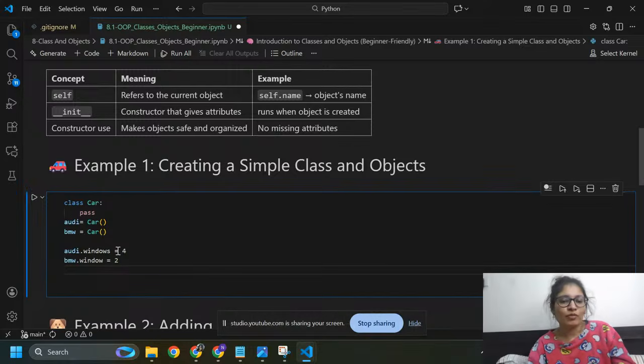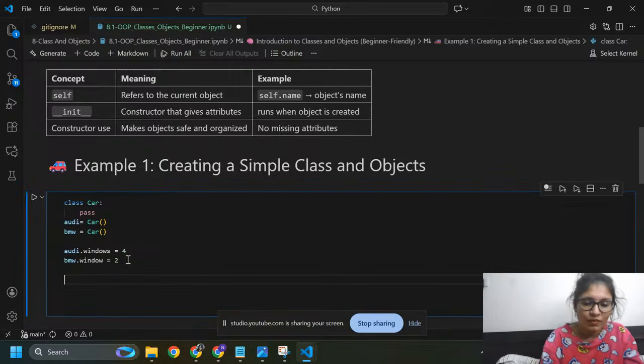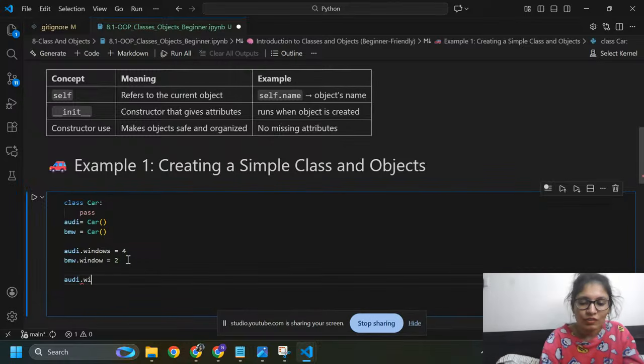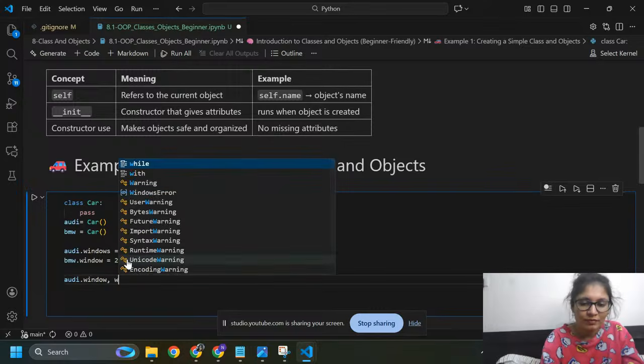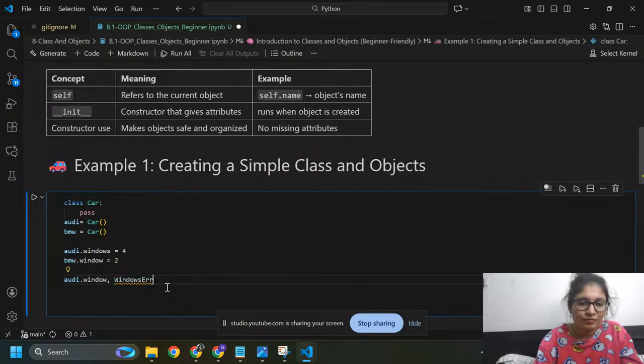These are the attributes. Audi has 4 windows and BMW has 2 windows. Then print audi.window, and bmw.window.